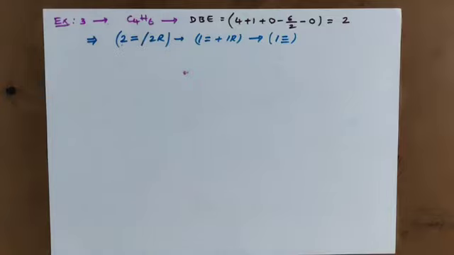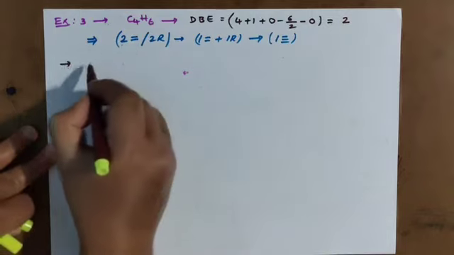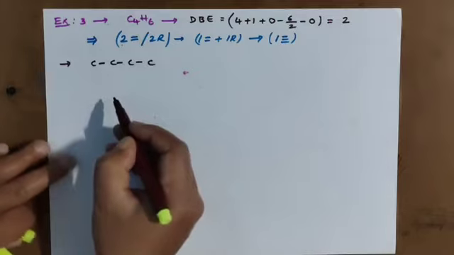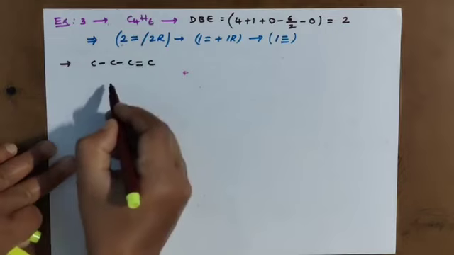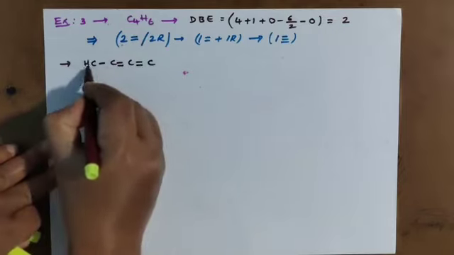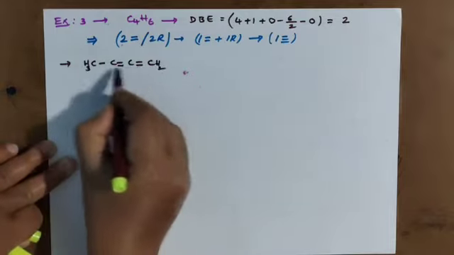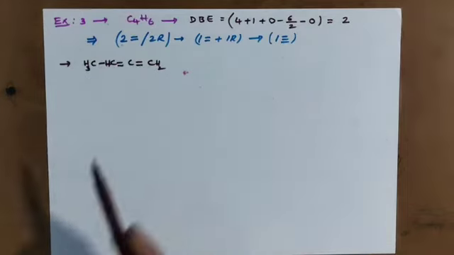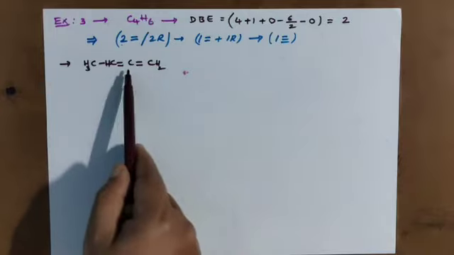Let me go for that. First we will test with double bonds. How many carbon atoms? 1, 2, 3, 4. 4 carbon atoms. How many double bonds are given? 2. So here I am taking 1 double bond, and here also 1 double bond. Completed. CH3, CH2. Here 4 bonds are satisfied. Here CH. We got 1,2-butadiene.